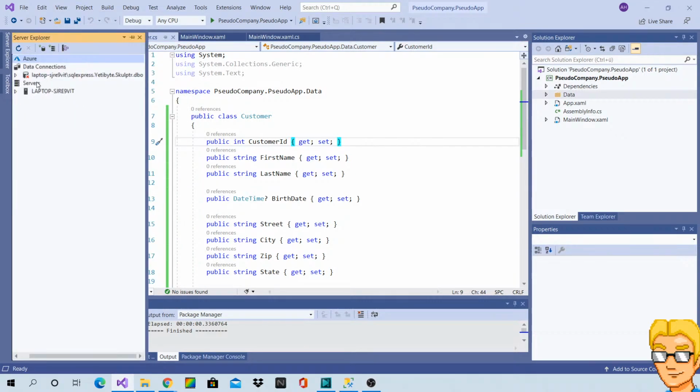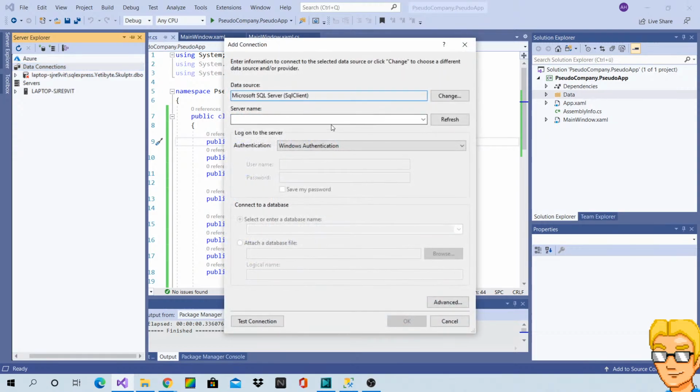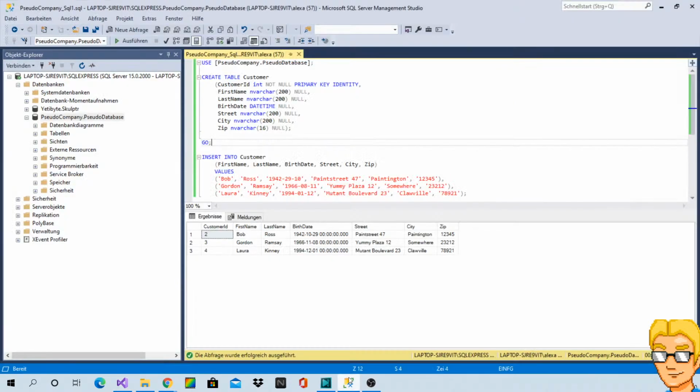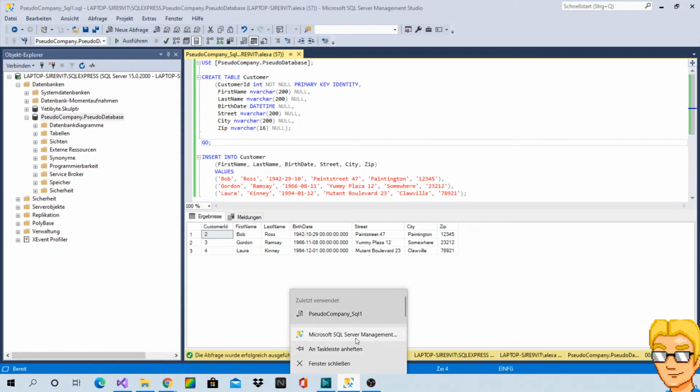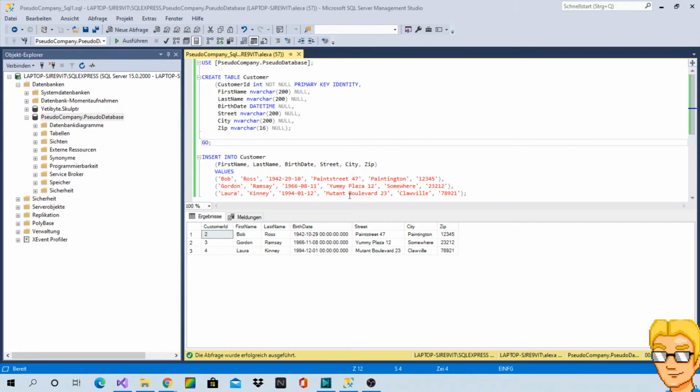Server Explorer. Add connection. Server name. Oh, I always forget. I think it's just, hold on. Let me just open another instance here. Oh, come on.